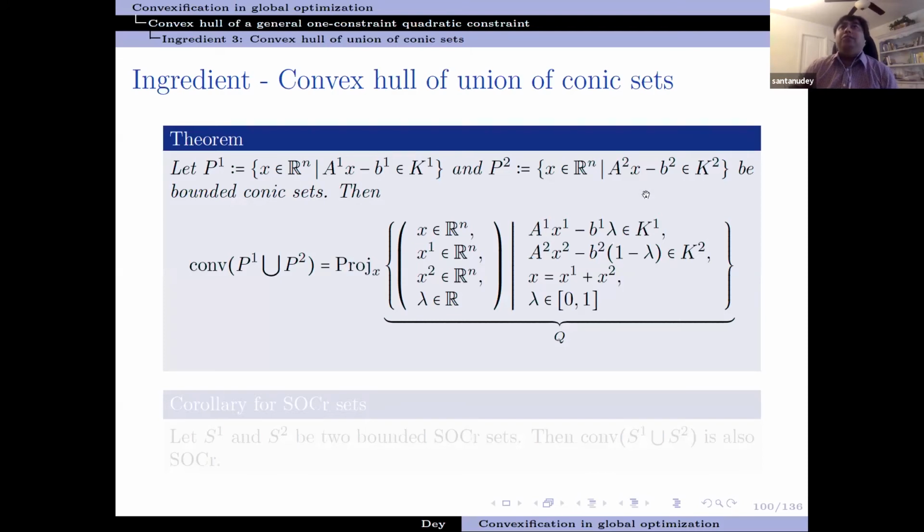So if you take two conic sets, remember a conic set is nothing but you take X, you take an affine image of that, and that must live in your favorite cone, which is closed, pointed, convex, and maybe you have even two different cones here. And then it turns out if these are bounded sets,